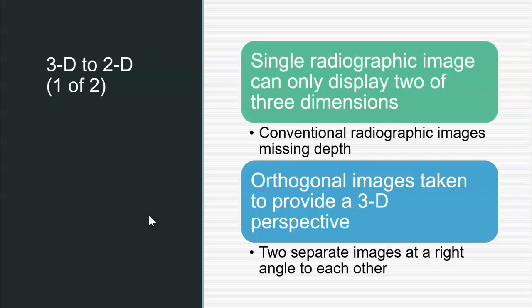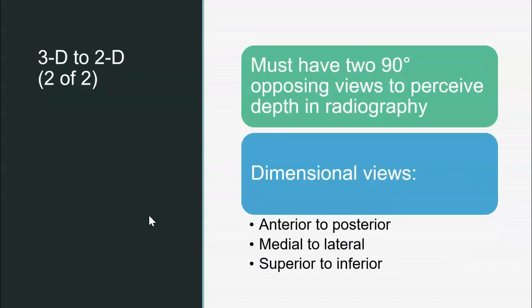So we're going 3D to 2D. So a single radiographic image can only display 2 of 3 dimensions. So we're aware of that. Conventional radiographic images miss depth. So we can't see how deep they are within the body. They're all compressed together, right? So we need orthogonal images taken to provide a 3D perspective. So 2 separate images taken at right angles, right? So we need at least 2 images 90 degrees from each other in order to see that 3D space. So there you go. There's your 2 90-degree angles and the dimensional views, anterior, posterior, medial, lateral, superior to inferior,